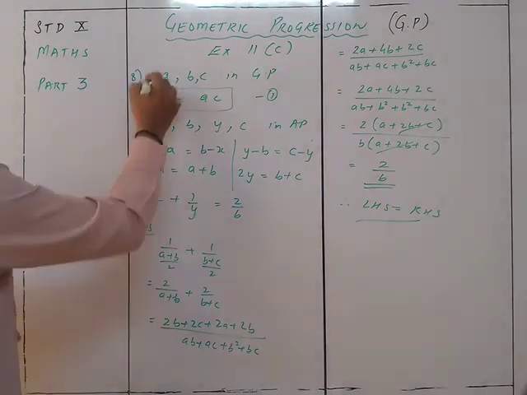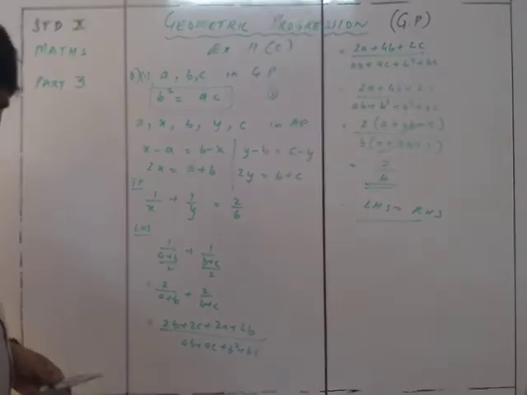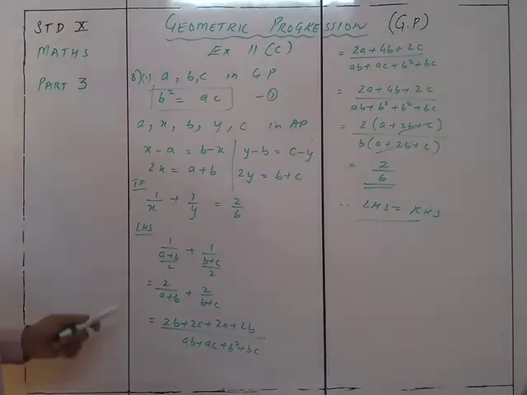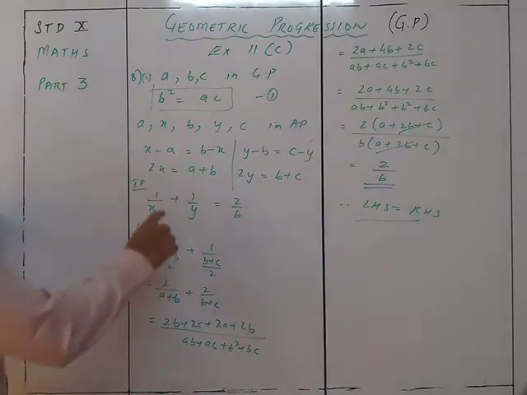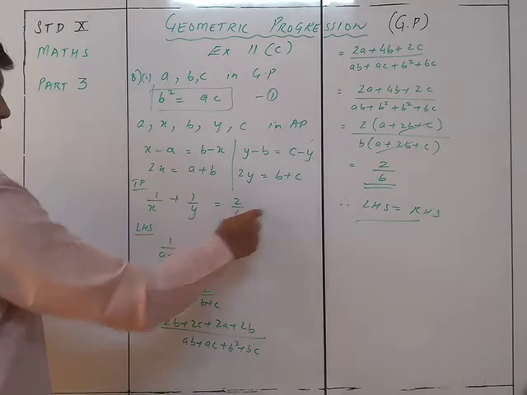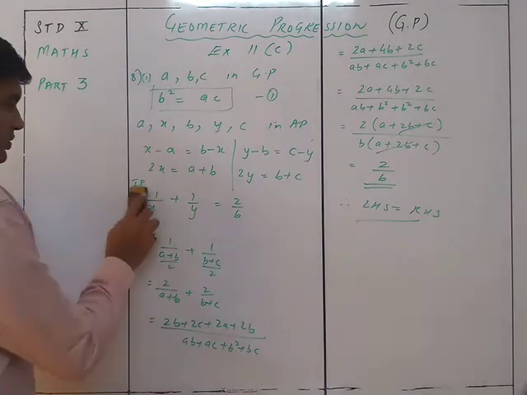Got it? This was the first part of the sum. Got it? Now we see the second part of the sum. Right? Got this? Easy. The value of X I had got here, AB upon 2. Y is BC upon 2. Clear? Now let's take the second part. So the second part is here.